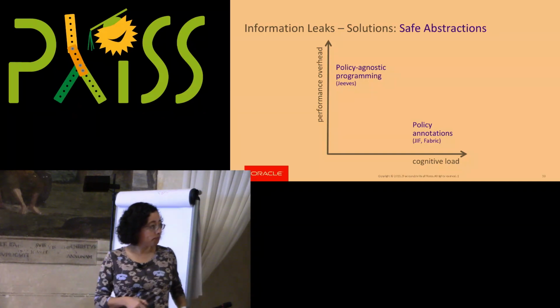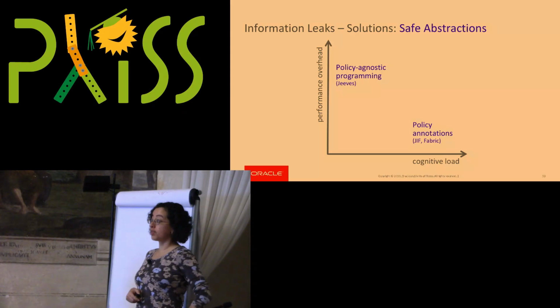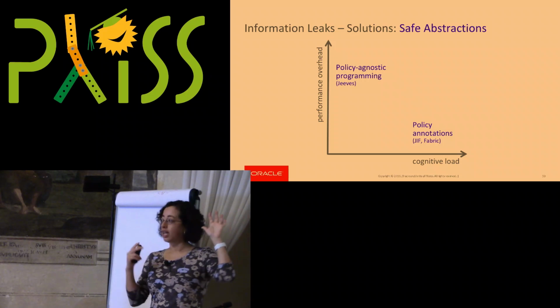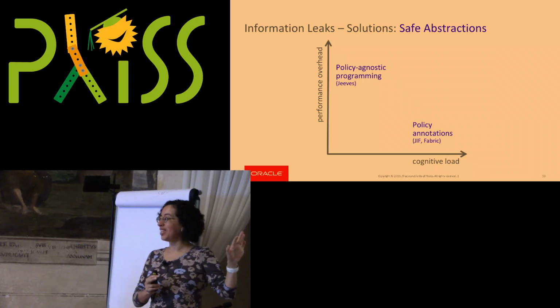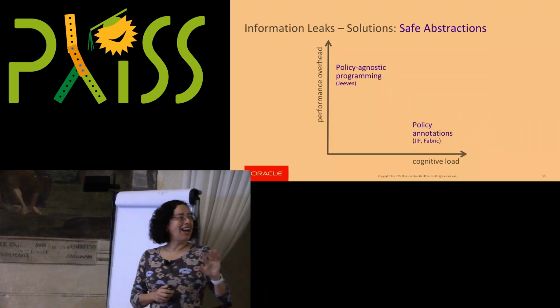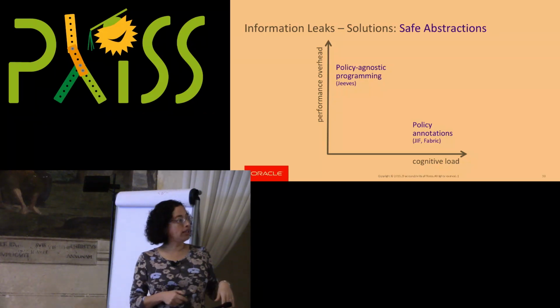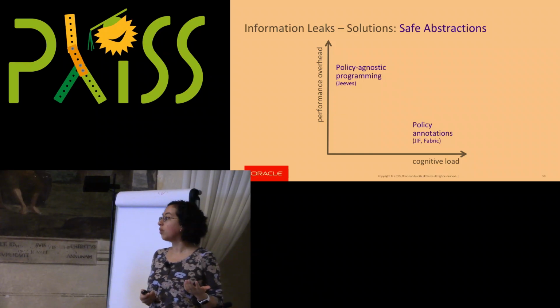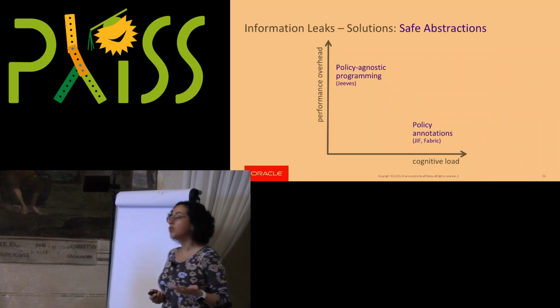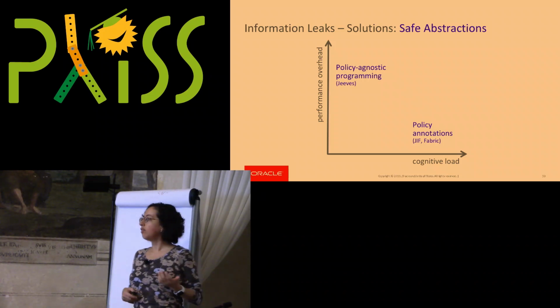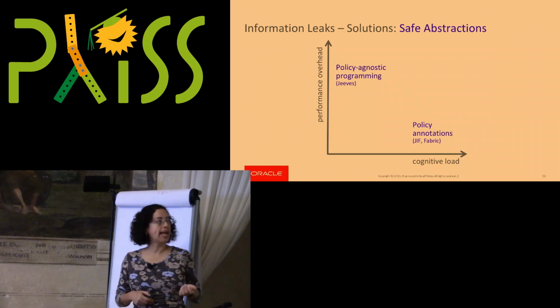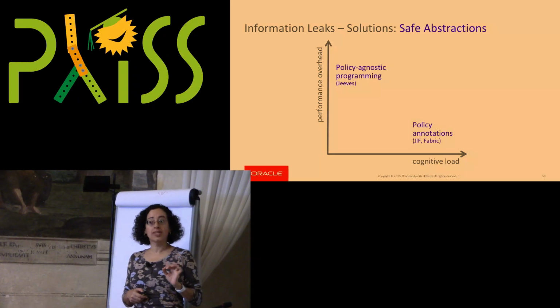Very briefly, I'm going to mention policy annotations in GIF and Fabric, right? If you recall, there's no mainstream language that is actually using any of these abstractions. So this is work that is all in the academic literature, right? In the policy annotation work, theoretically, they've been able to show that through tracking information flow, you're able to prevent a lot of these issues, right? It does come at a certain cognitive load. It wouldn't impose performance overhead over your solution if you do it statically, right? But that relies on a pure static solution.